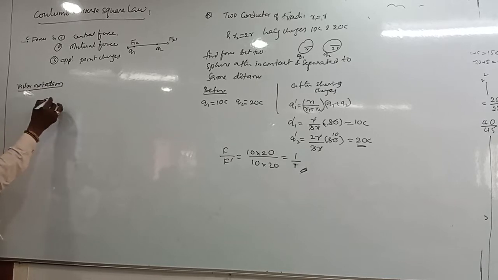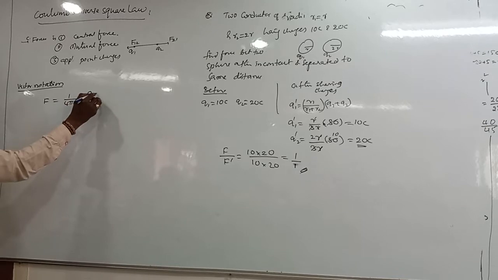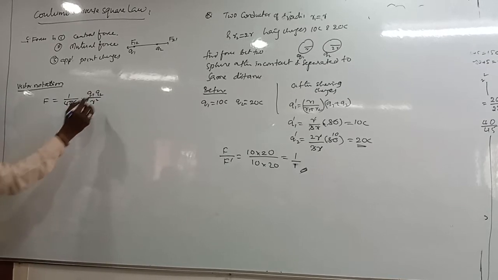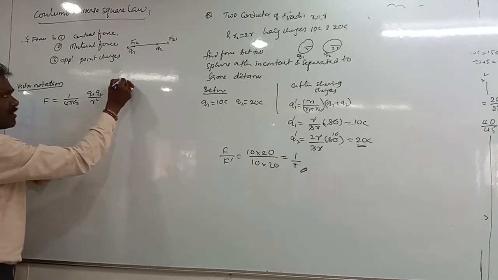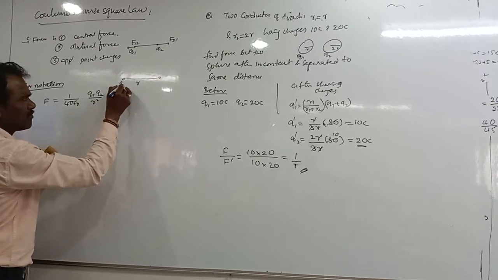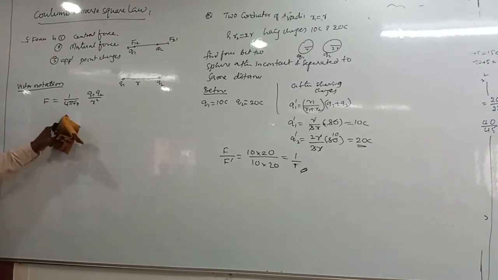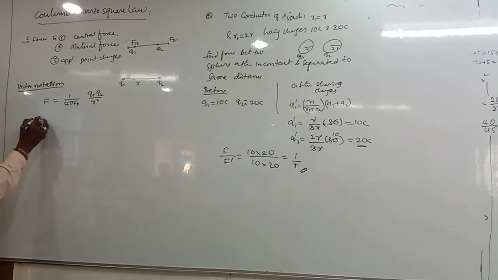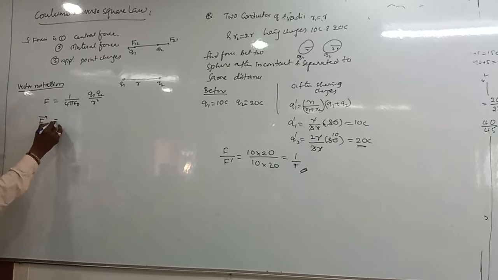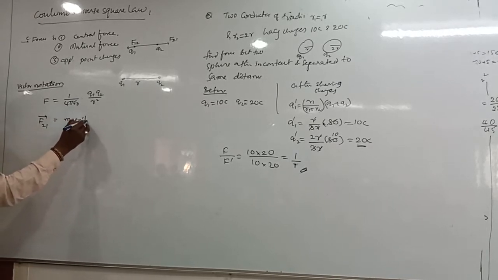F is equal to 1 by 4 pi epsilon naught Q1 Q2 by R square. Here the distance between the charges Q1 and Q2 is R. While writing the force F21 bar, that is the force on 2 due to 1, we have to write the magnitude of force